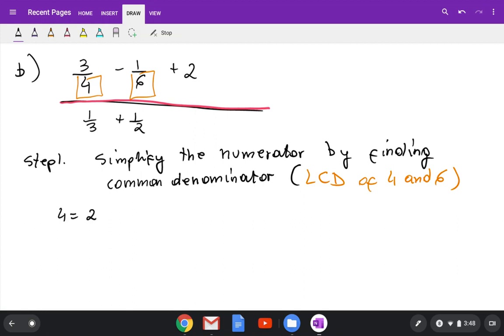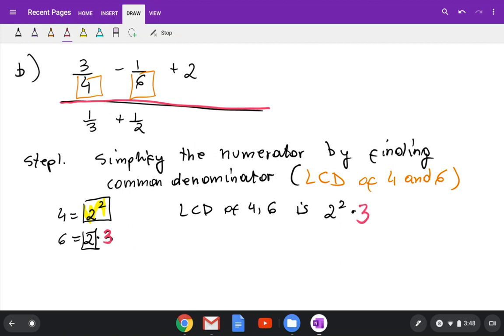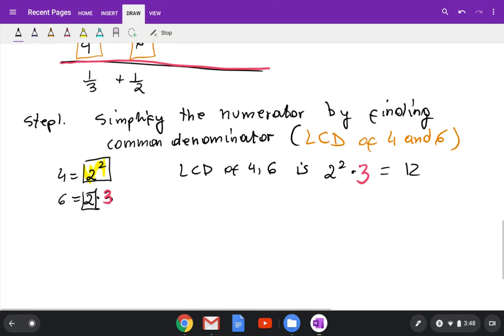4 is the same as 2 to a second power. 6 is the same as 2 times 3. So LCD of 4 and 6 is, so the factor which repeats, it's 2, okay? But you're taking the one which has the highest exponent, so you have 2 to a second power. And again, you can't skip the remaining factor. We still have 3 right here, so we need to multiply that by 3. And you will get 12. So our LCD is 12, which means the common denominator